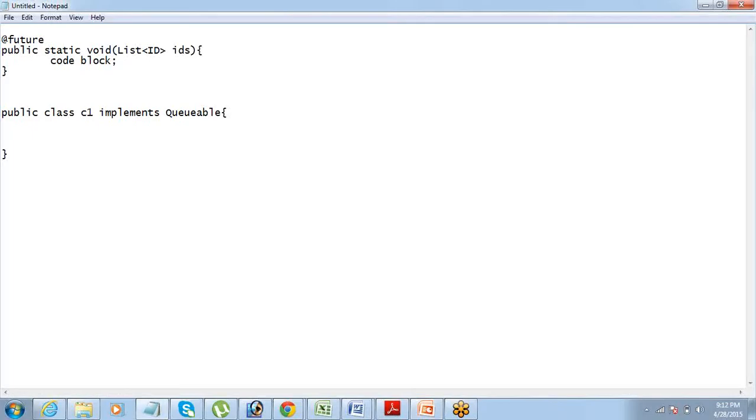So you should define this, and this has to be a public method, and it has to say public void execute. The name of the method will be execute. Whatever code you want to execute, just write the code block here.